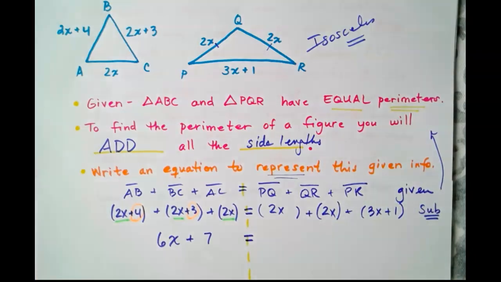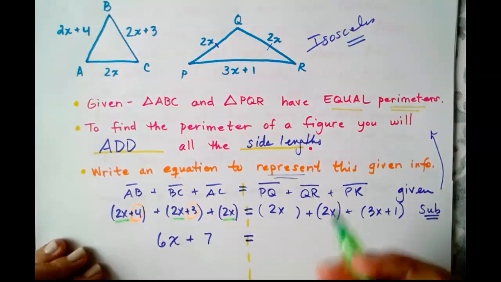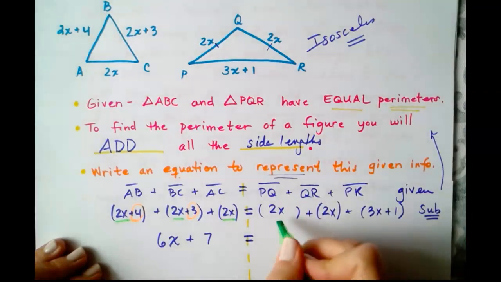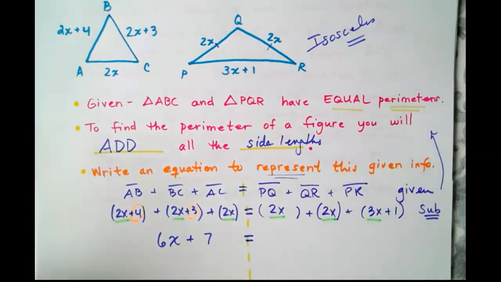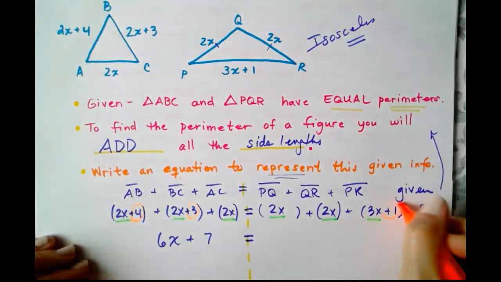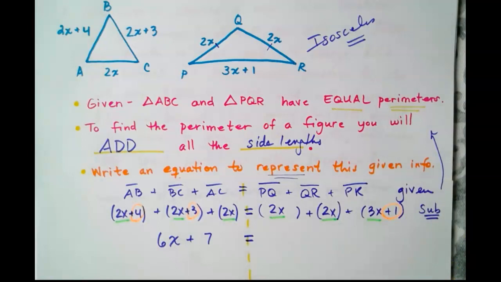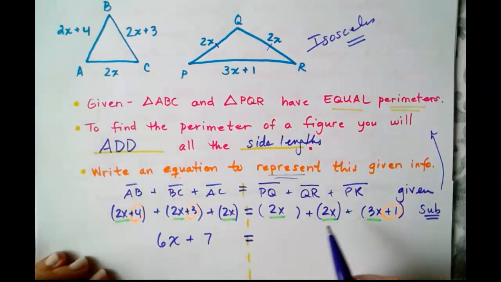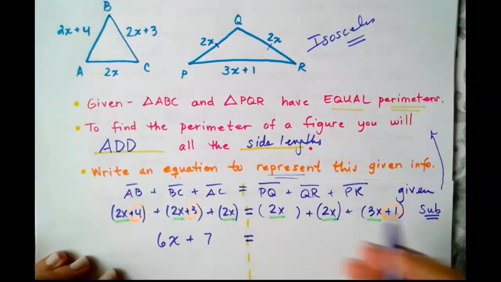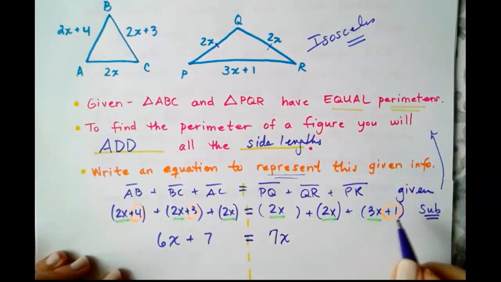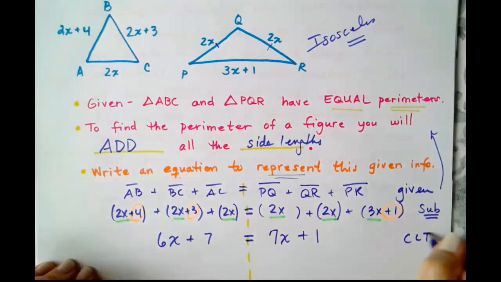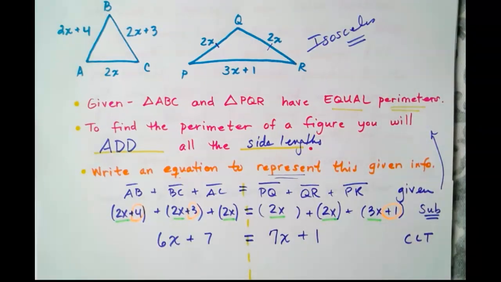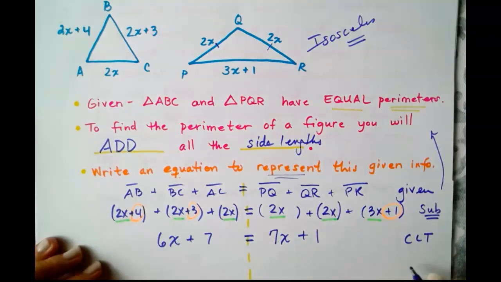So there's the left. Let's move over to the right. Let's put all the variable expressions together. There's 2x, there's 2x, there's 3x, and then we have 1 as a constant. So on the right-hand side, 2x plus 2x is 4x, plus 3x is 7x, plus 1. So there's the left, there's the right. We just combined like terms. So now we want to get the x's on the left. So we are going to use the